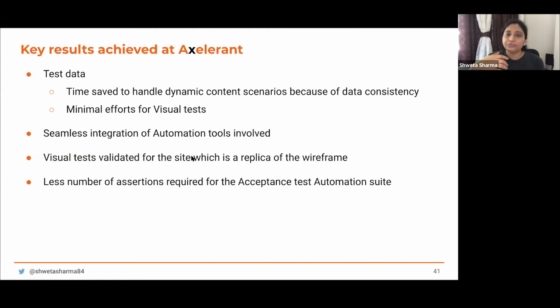And we've also chosen tools that seamlessly integrate with each other, because you don't want the trouble of adding additional code logic, because that needs a lot of technical skills, which is again not cheap, and you would also spend a lot of time. So we just leveraged the tools that are already available in the market and which provide this out of the box integration. And while creating these visual tests, while creating those pages in the database itself, what we do is we create a replica as close as possible to the wireframe so that the visual tests are caught to what it would be in real time otherwise.